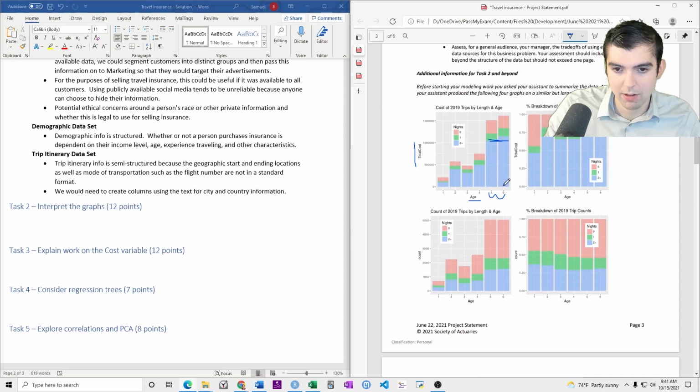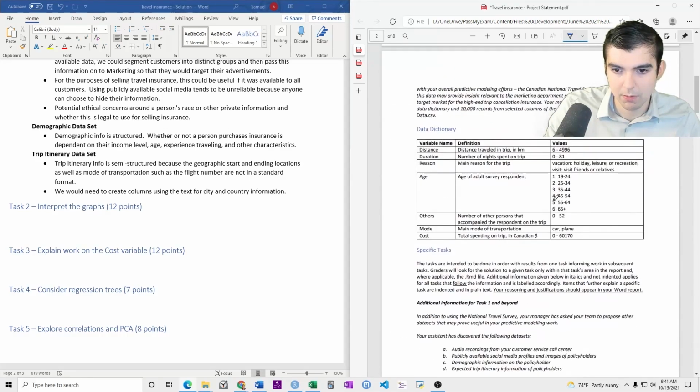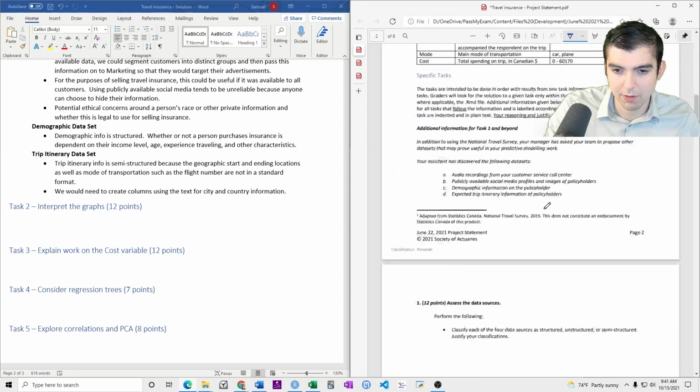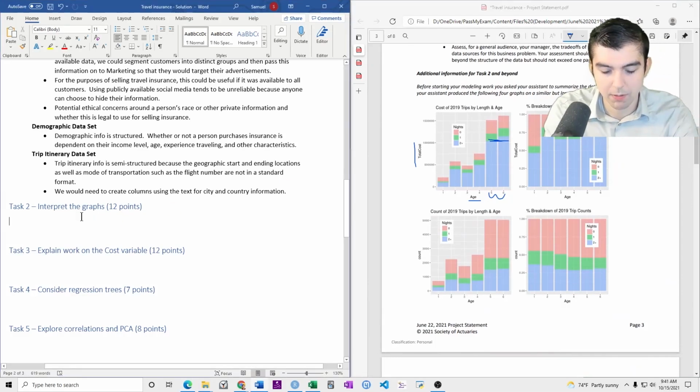So that tells me that these are older people, 5 and 6, so 55 and 65 plus, and this is cost of trips by length and age. So I would say do the manager.